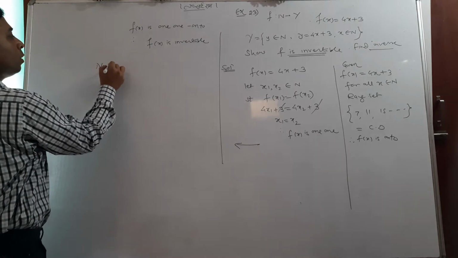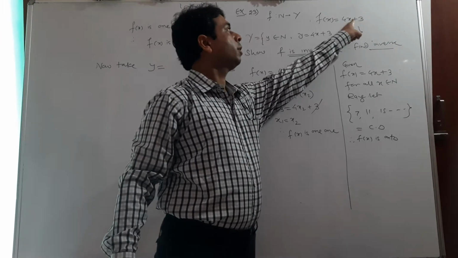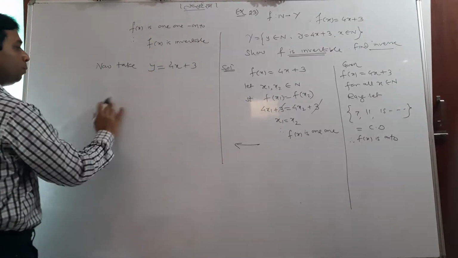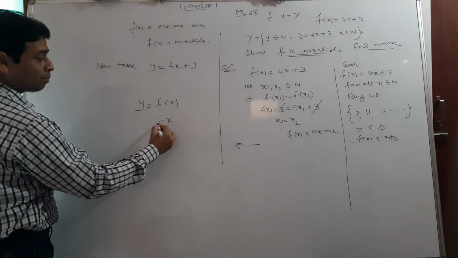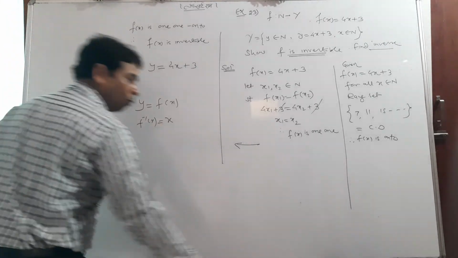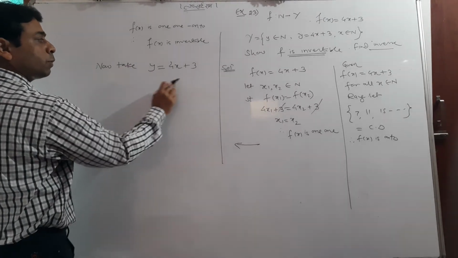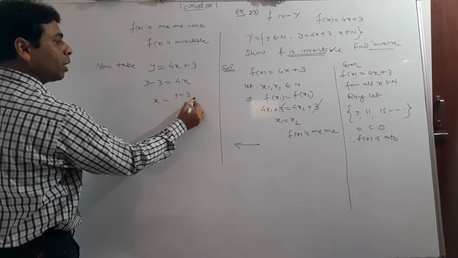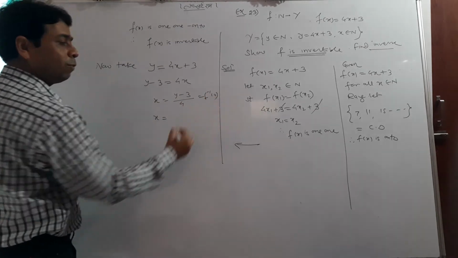Now, what function do we have? This is y equal to 4x plus 3. And as I taught you, when y is in the form of x, it is the simple function. But when x comes in the form of y, it is the inverse. So we need x equal to. From where can we get x equal to? From here only. I transfer the 3 here. So x is equal to y minus 3 upon 4. This is none else than f inverse of y.